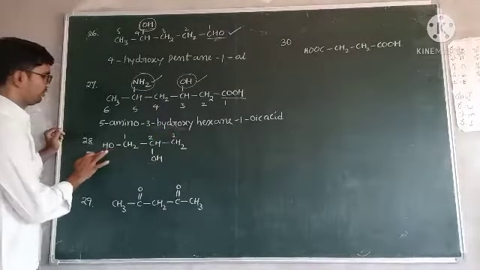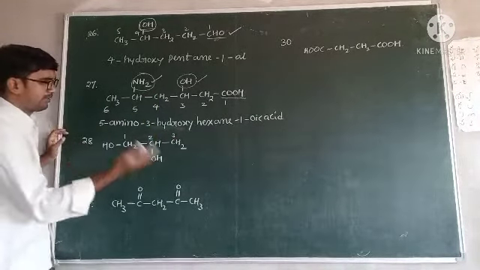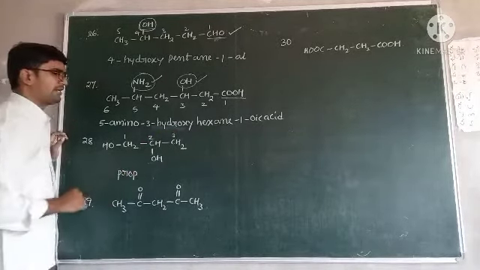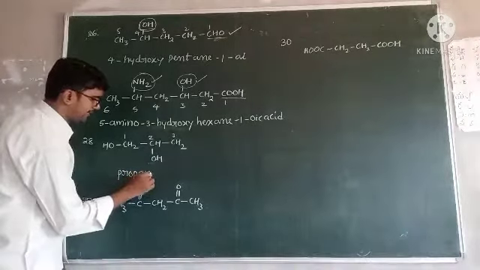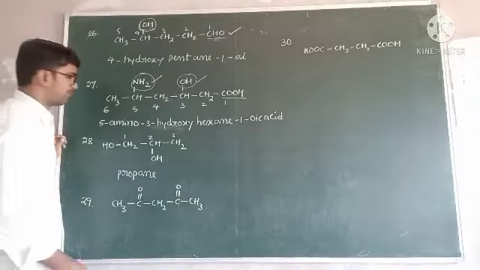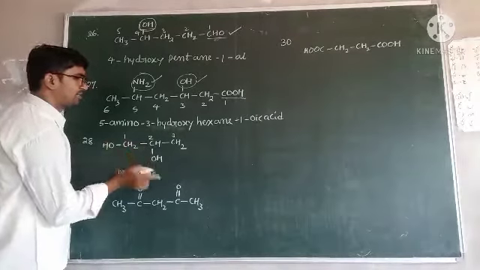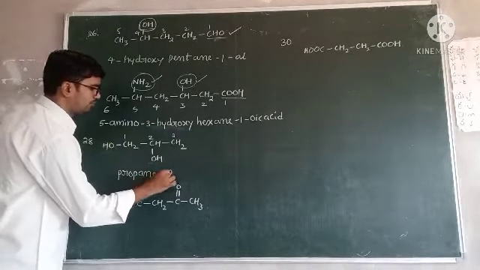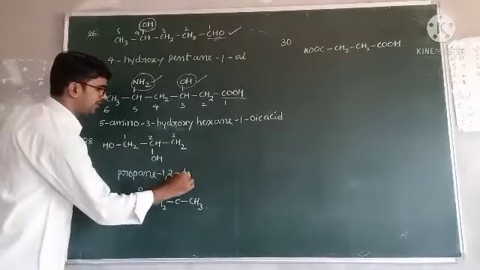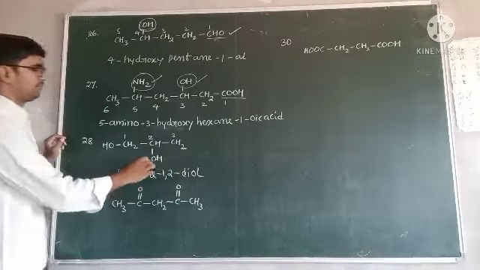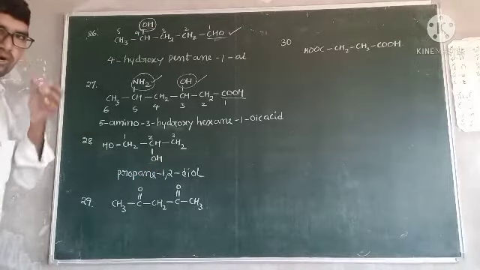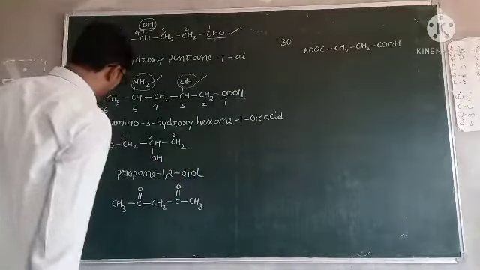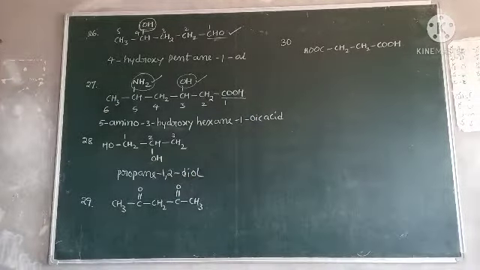These two are functional groups. There are no substituents. Next, number of carbons: 3 carbons are present, so prop. And bond type only single bonds: an. And last one, functional groups. Yes, two functional groups, the same functional group, at the first position and second position. So 1, 2-diol, because the OH main name is ol. Two OH groups are present, so 1, 2-diol. Okay? Next, 29.